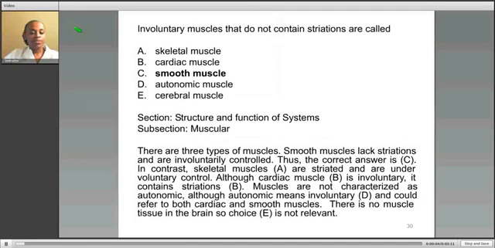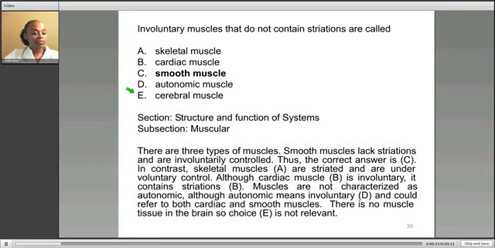Involuntary muscles that do not contain striations are called, is it A, skeletal muscle, B, cardiac muscle, C, smooth muscle, D, autonomic muscle, or E, cerebral muscle? Before we try to figure out what the correct response is, let's take a look at some of these answer